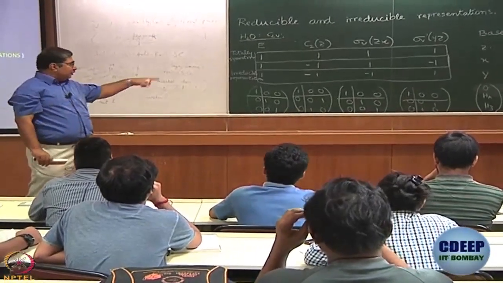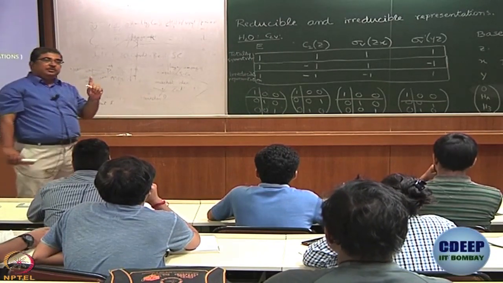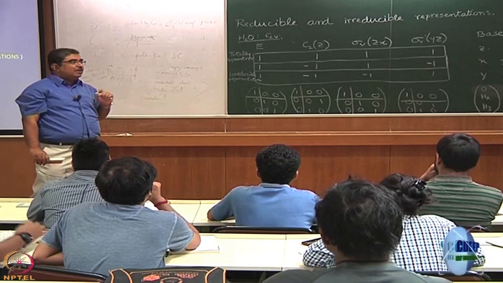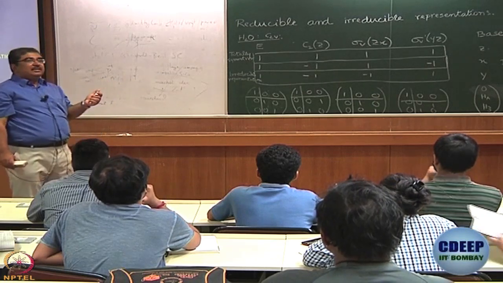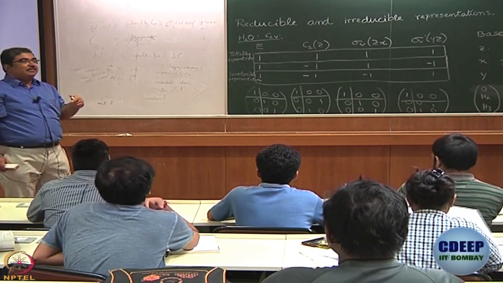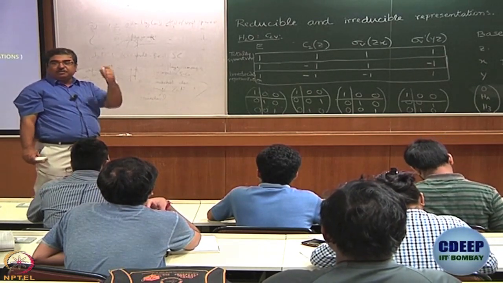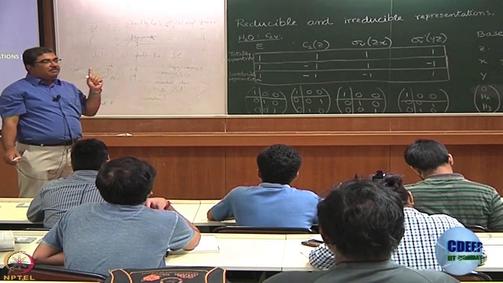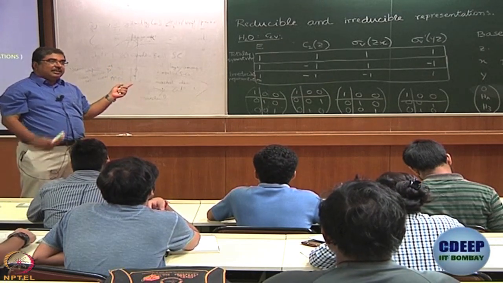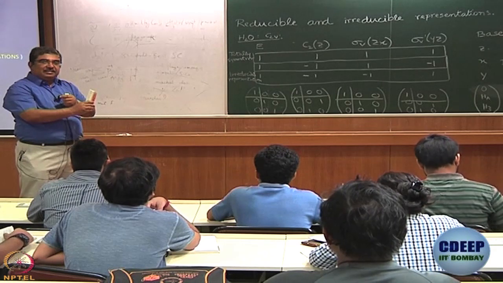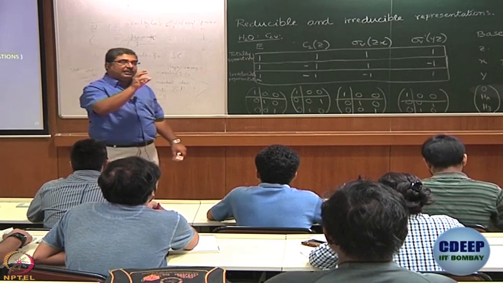See, so even before I erase, what happens in all these transformations? No matter what you do, E, C2, sigma V dash, O remains O, O cannot become H, right? Symmetry operation is not capable of doing a nuclear transformation. So, O cannot suddenly become H just because you have turned it around or you have reflected or you have done nothing. So, O remains O. However, in two of the symmetry operations that we have used here, the hydrogen atoms have interchanged, right? Okay? So, that tells us that our basis contains two different kinds of elements.